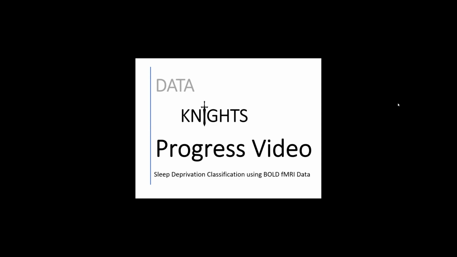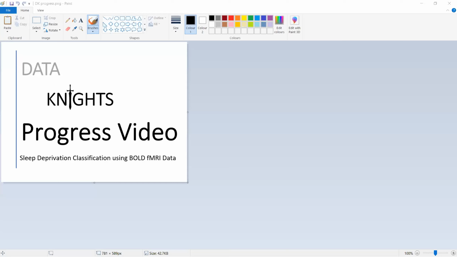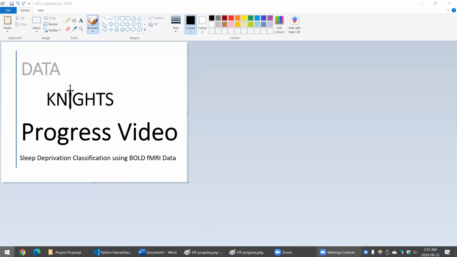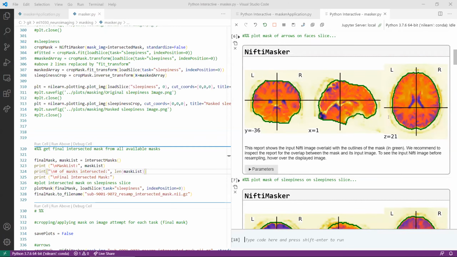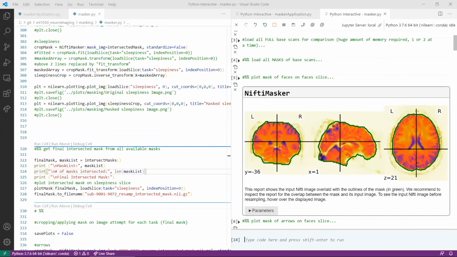And we have that information in a labeled data set of about 800 fMRI images, which we're looking to pre-process and feed through a classifier to see whether it's possible to make that classification or indeed whether it's not possible. So to start that, we've had to do a huge amount of pre-processing, and I'll take you through a little bit of that here. If we look at this Python file here, you can see that we've had to start